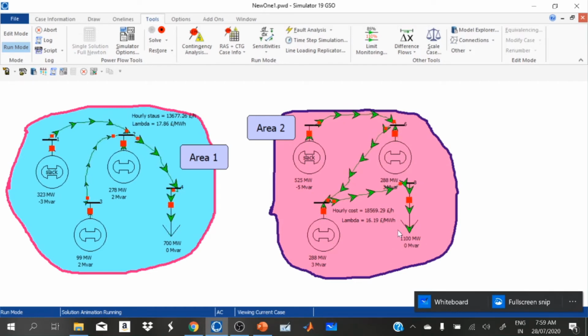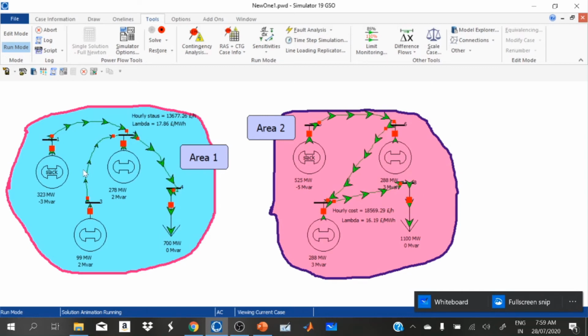Here we can note down the load is 1100 megawatt. Here generator 1 is supplying 525 megawatt, generator 2 is 288, generator 3 is 288 to meet the load of 1100. Here the hourly cost is 18,569 and lambda 16.19.